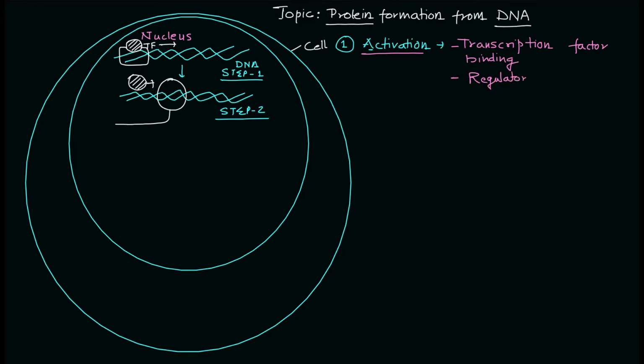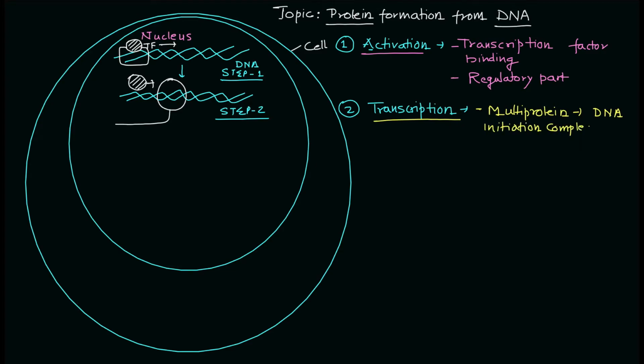And then you have the second step that we already discussed, which is transcription and the formation of a preRNA transcript, where you have that multi-protein initiation complex bind to the DNA molecule. You'll have RNA polymerase that will cause the formation of the preRNA transcript, and that preRNA transcript needs to be